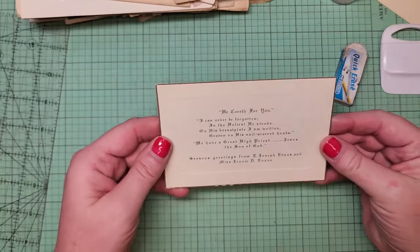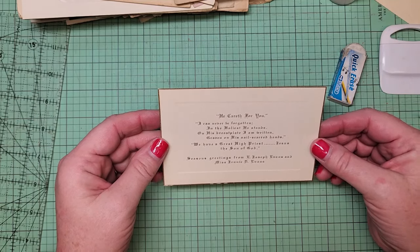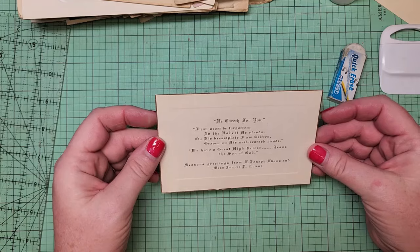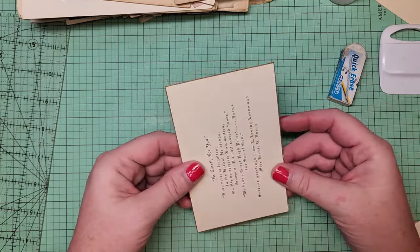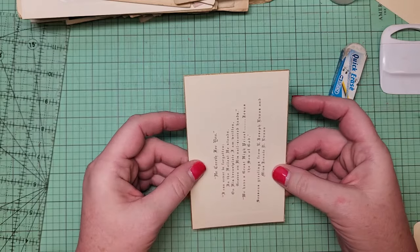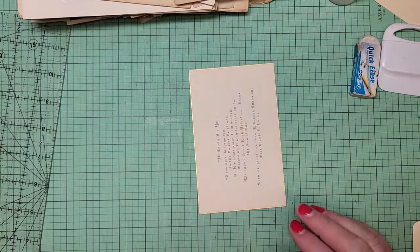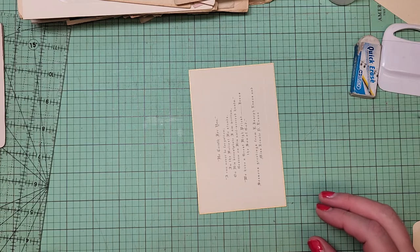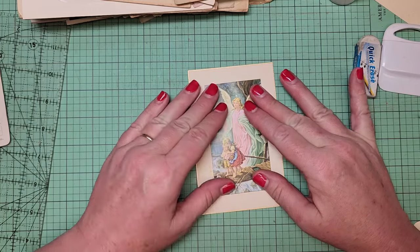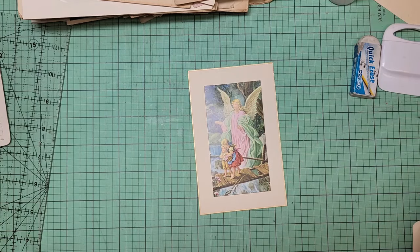What have I got here? Okay. This is a Christmas card. It's nice and stiff. It's got a beveled sort of edge. I don't like that. But I have this. Oh, that's a very nice fit. Maybe